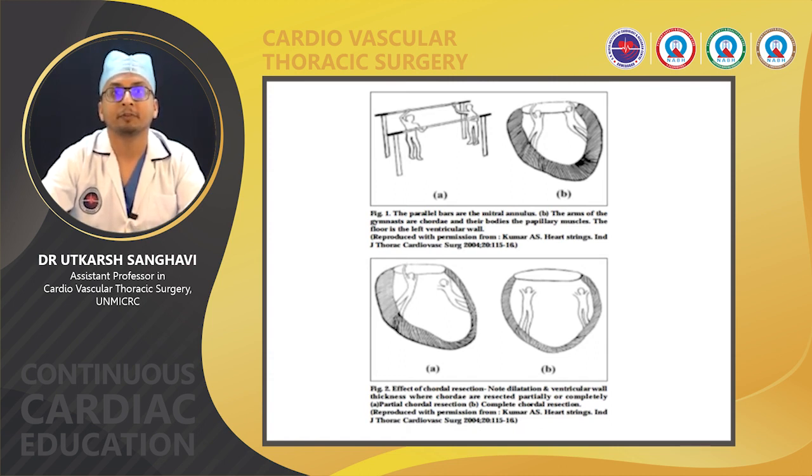In this figure 2, you can see when one of the chordae is transected, either the AML chordae or the PML chordae, the remaining chordae has to work more and more to bring the floor, or the LV cavity, upwards during each systole. Whereas in figure 2b, where you see both the chordae are transected, the gymnast cannot come up, that is the LV cavity cannot come up, and it tries to contract more and more, but ultimately it cannot happen and it goes on dilating, resulting in loss of the LV geometry.